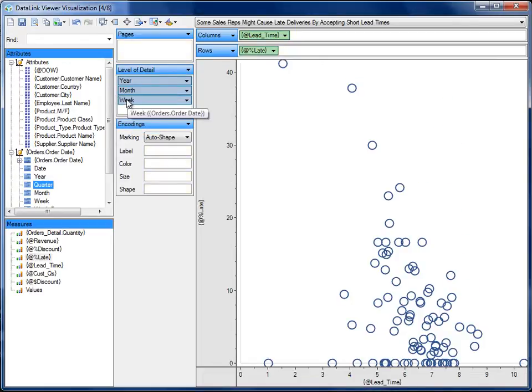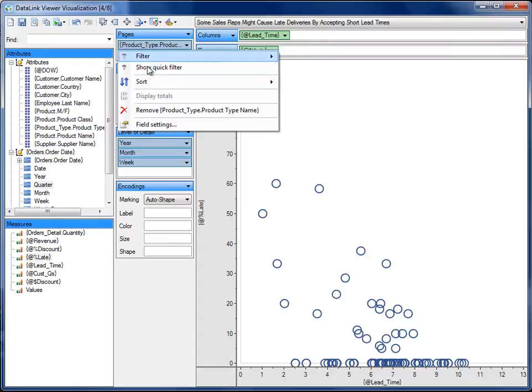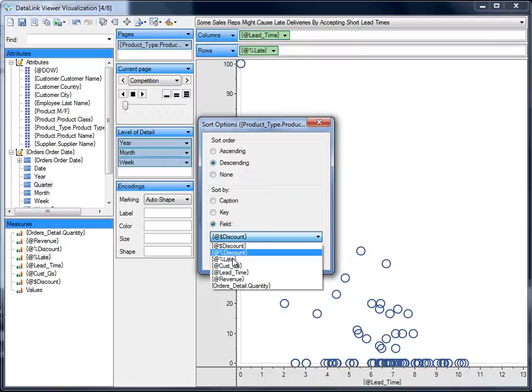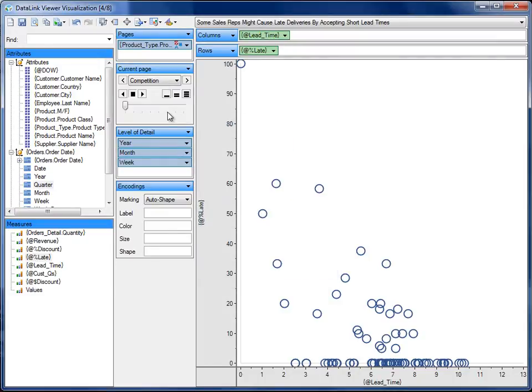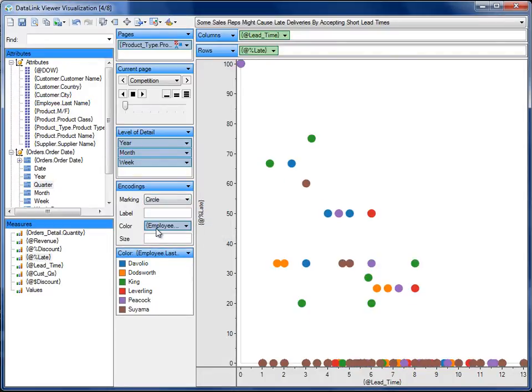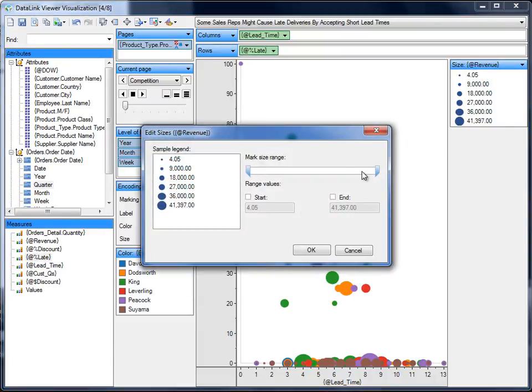I'll page the display by product type, but in this control I don't want them to be sorted alphabetically, so I'll sort them by revenue, descending by revenue. I'm going to color the dots and break the displays so that each employee gets their own dots by dragging the employee last name into the color shelf. I'll change the shape to a solid circle, and I'll control the size of each dot by revenue. Editing the sizes allows me to reduce extremes,